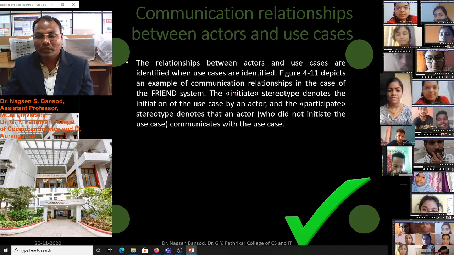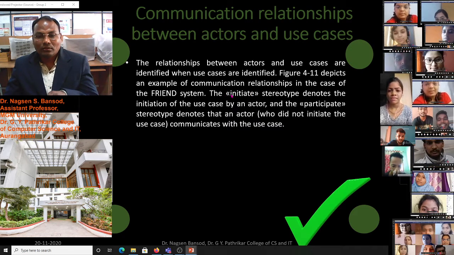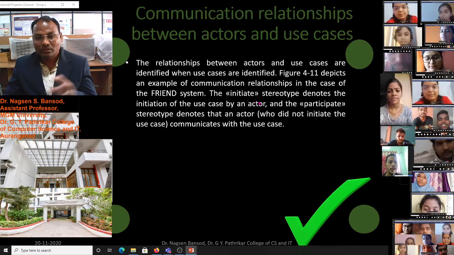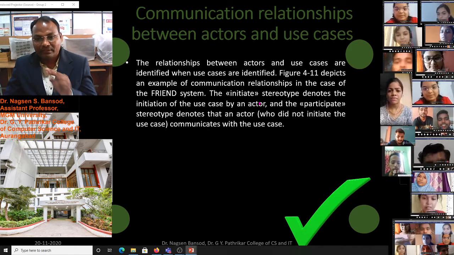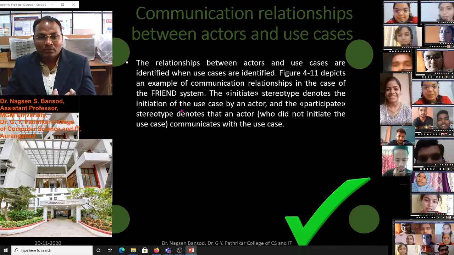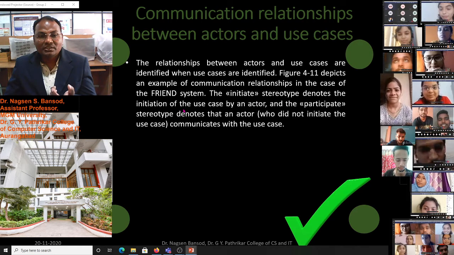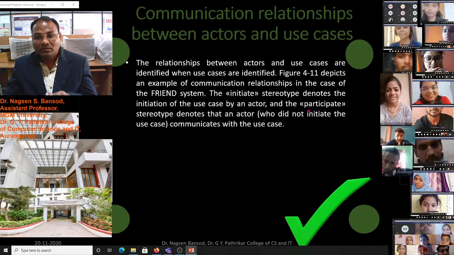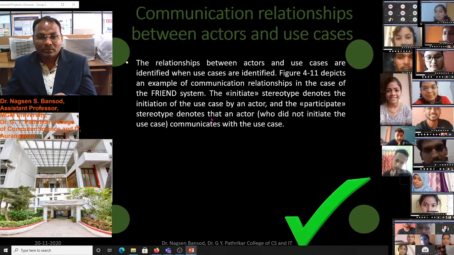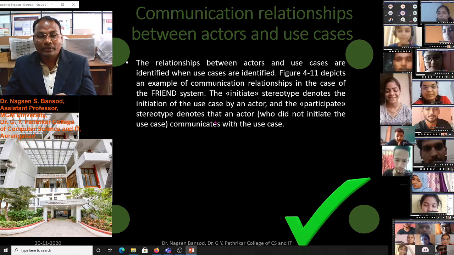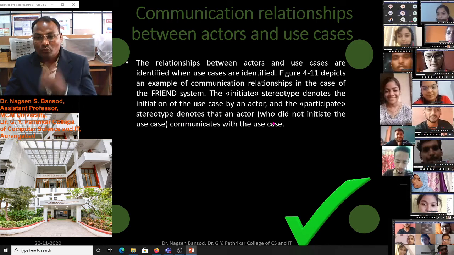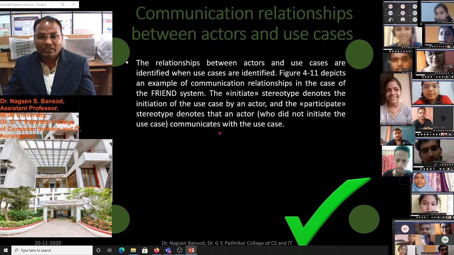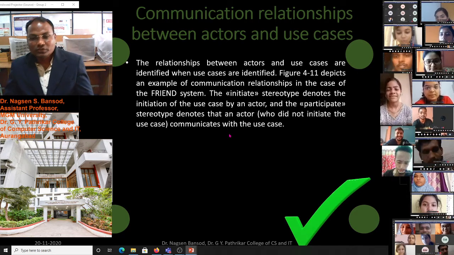This is the stereotype: double greater than and double less than symbols are used here, in angle brackets. Initiation of the use case is shown, and the other participant stereotype denotes an actor who did not initiate the use case but communicates with the use case.